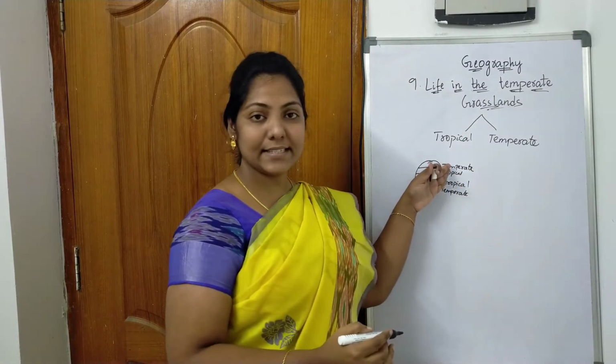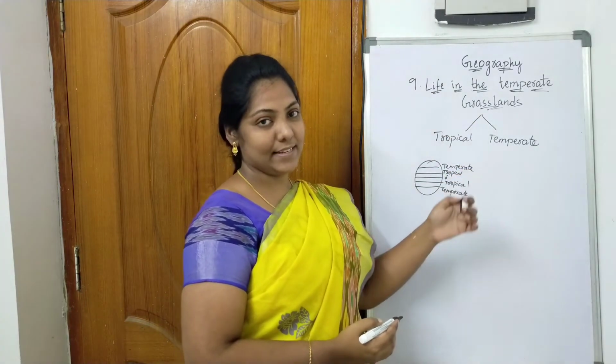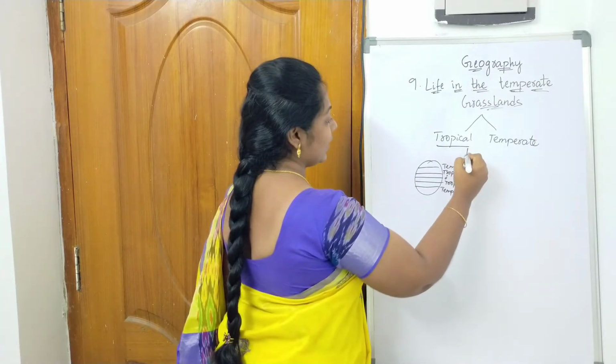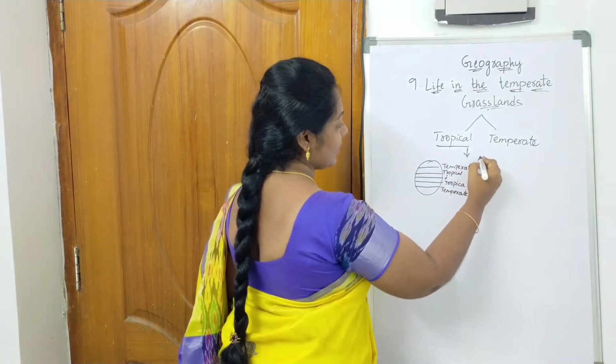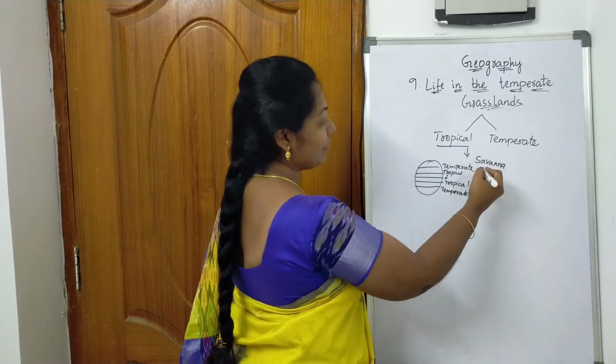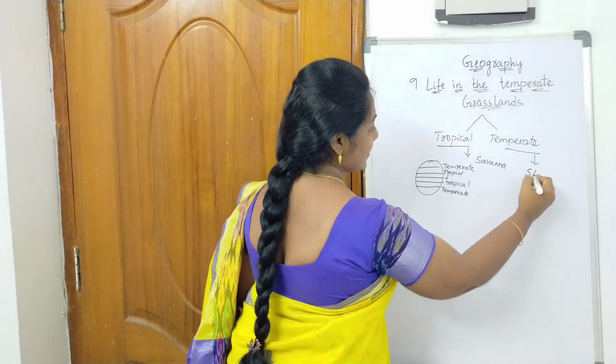The grasses that are there in temperate areas are called temperate grasslands. The example for tropical grasslands is savanna, and for temperate grasslands, steppe,